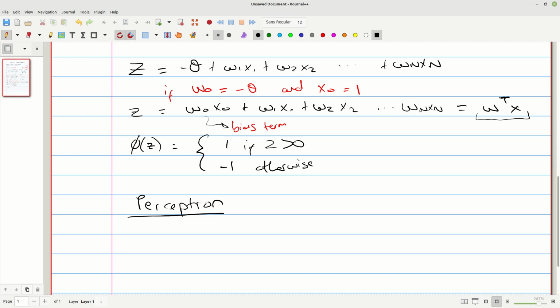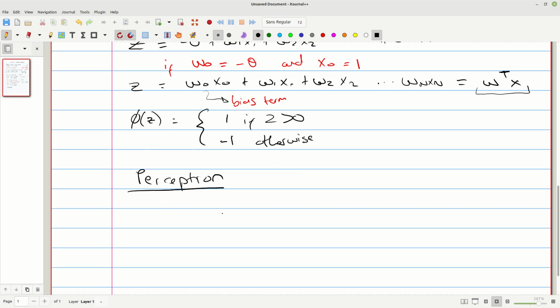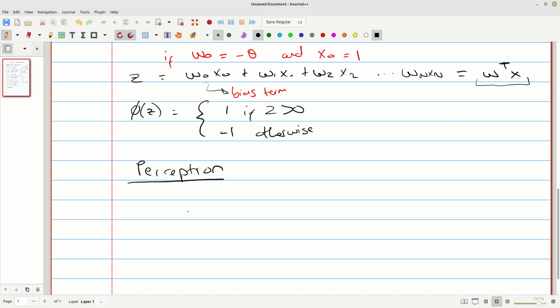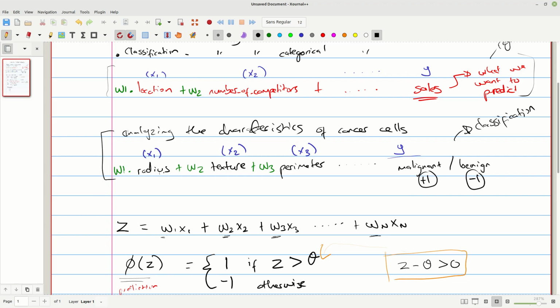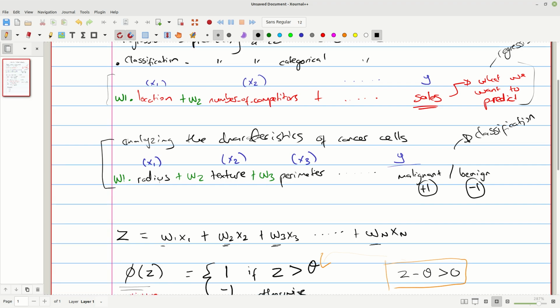And the way we can think about it is as follows, right? Essentially, we're given our features, say x1, x2, and x3. And once again, our features are whatever variables are important in helping us make some prediction.